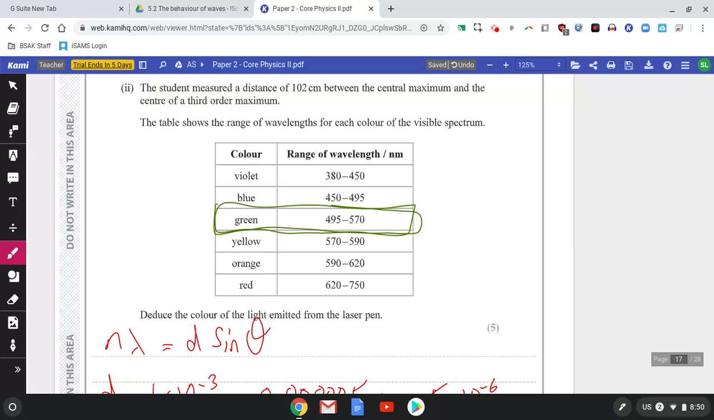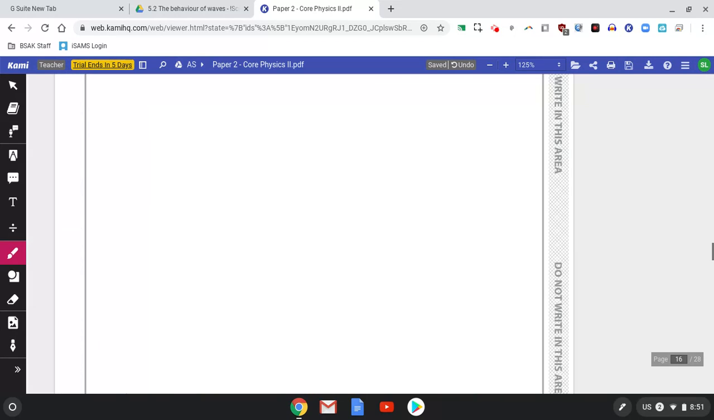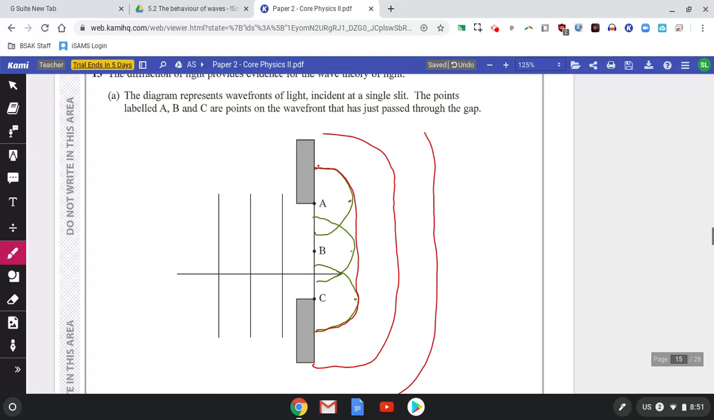Okay, diffraction gratings and the diffraction grating core practical. We'll have a lovely bit of Huygens construction